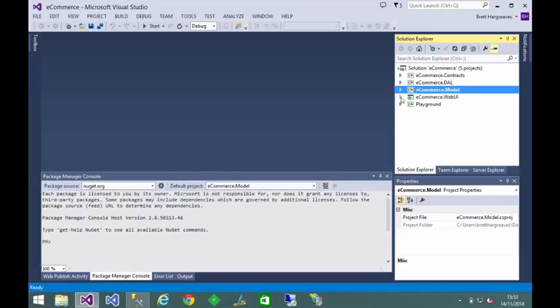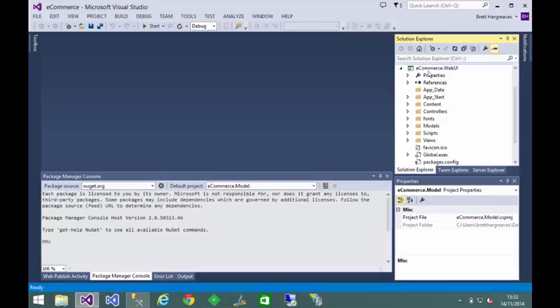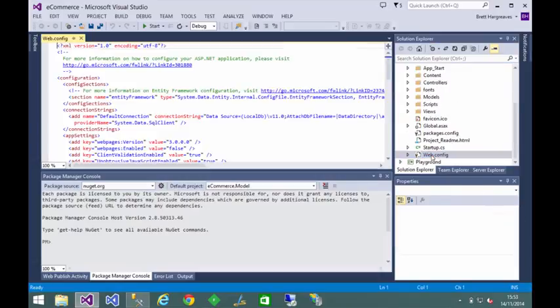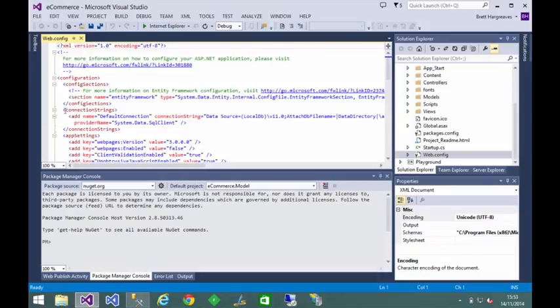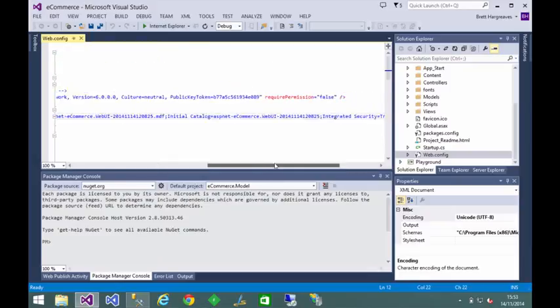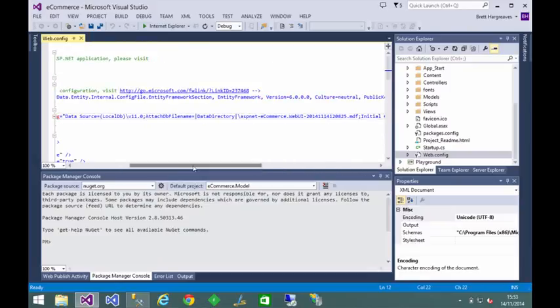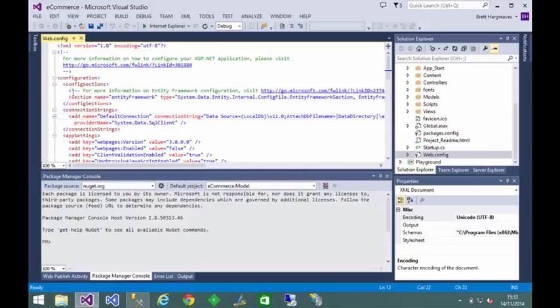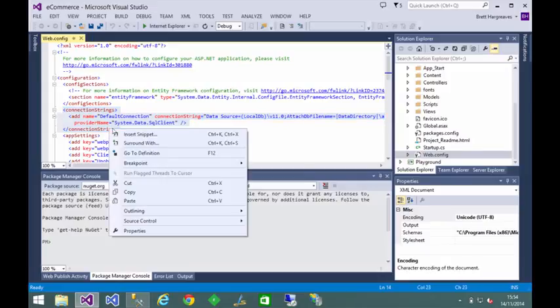So what we will do first of all is go into the e-commerce web UI and go into the web.config file. In here you'll find a section that says connection strings. Now this defines the actual database settings of where the database will be, what the table name will be, and so on and so forth. What we need to do is copy that entire section